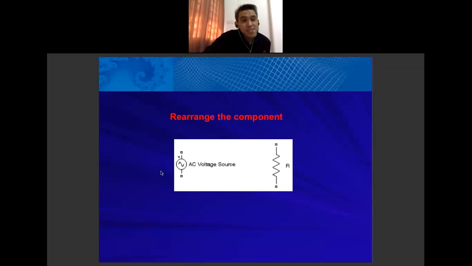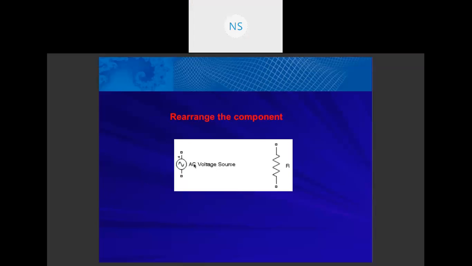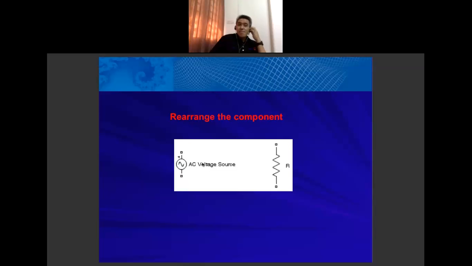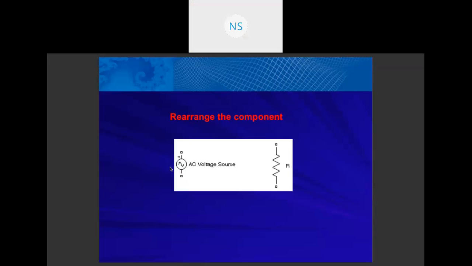Then you can rearrange the components. You can use Control R to rotate the position of each component or device. So after rearranging, we have the AC voltage source and a resistor in the Simulink window.